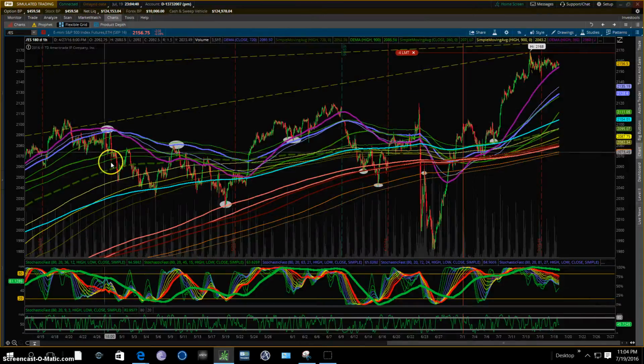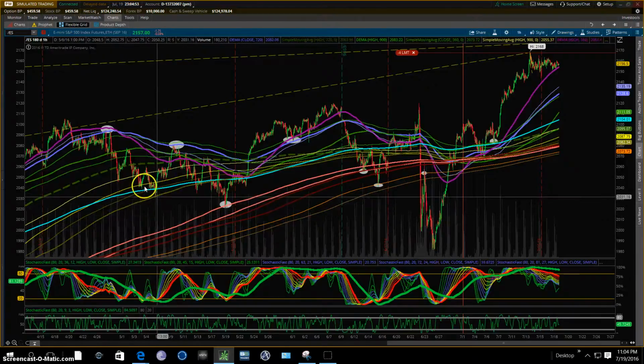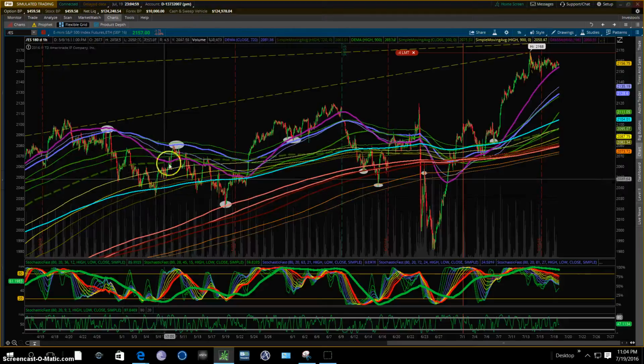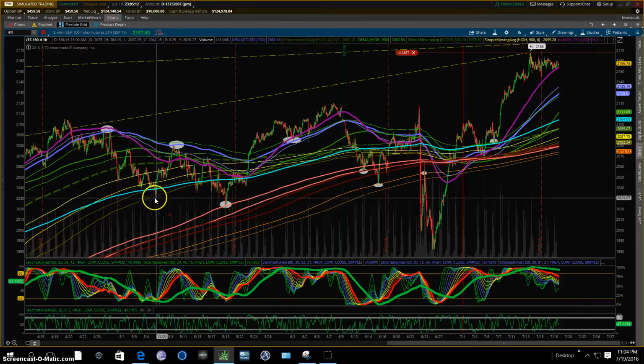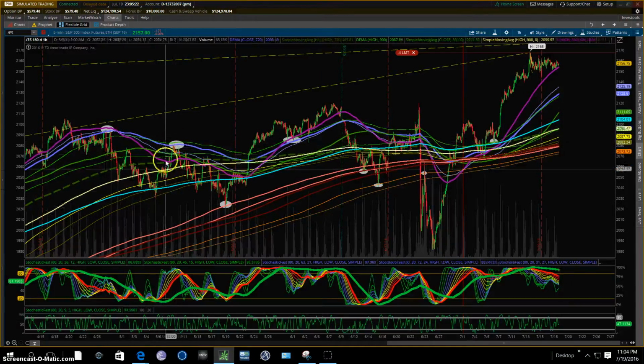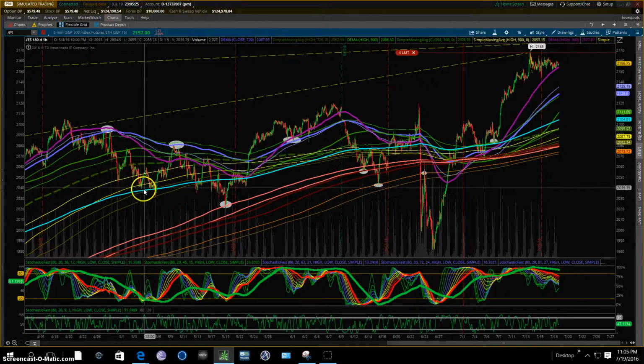Like here's a nice downward channel, bouncing off, there's nothing in between, huge gap here, because we had such a nice run up. So these moving averages make gaps based on the downward channel, bottom trend line. You could draw a trend line here, bounce, nothing below us, bounces up, gets in, gets rejected at the top of the level. I see that a lot too, which is ideal, is if you get a gap and then get a bounce off the yellows, it likes to run to the top of the range, this downward channel pattern, so it kind of helps you know when is the real bounce,